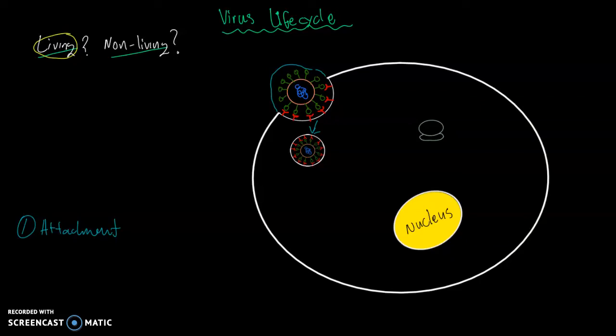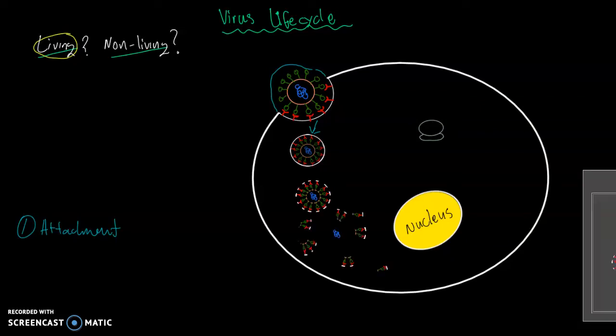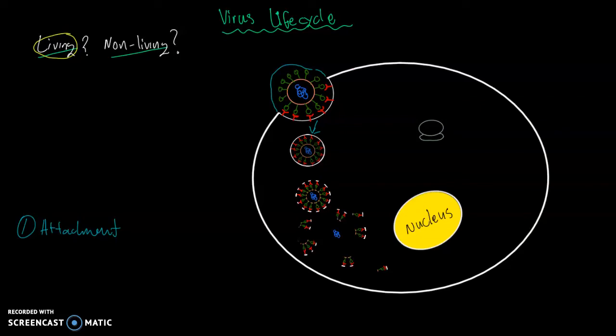Once the virus is in the cytoplasm of the cell, what happens is the capsid of the virus will come apart, and that will release the RNA genome or the DNA genome of the virus. So the virus gets inside the host cell by endocytosis. Inside the cytoplasm, the capsid comes apart, releasing the genome. And this second step that viruses take is known as the entry.